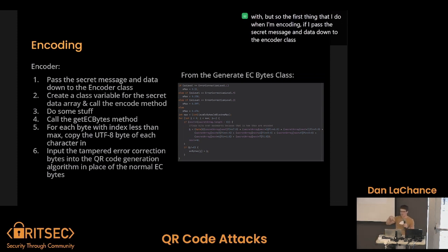It just goes down that lineage through the multi-format encoder and through the QR code writer, and all the way down to the QR code encoder class. And then from there, I create a class variable for the secret data array, convert it to binary so that I can actually overwrite some of the bytes, and then do some stuff that was already there, basically just creating